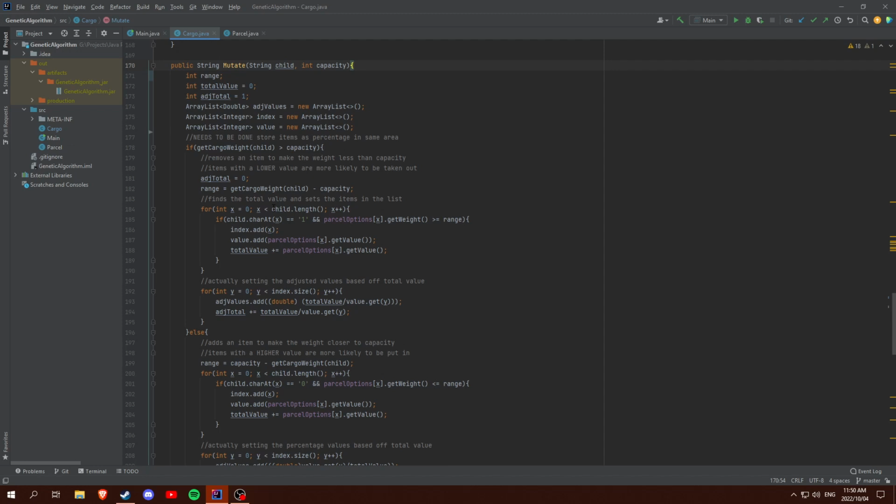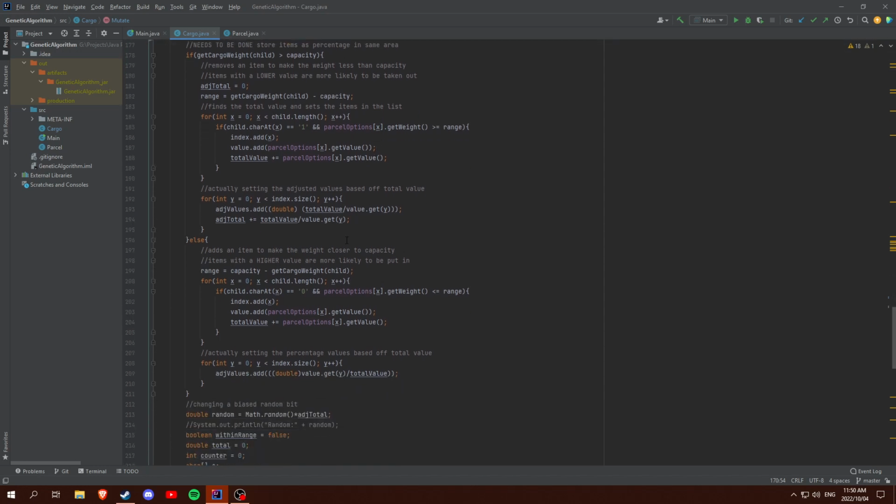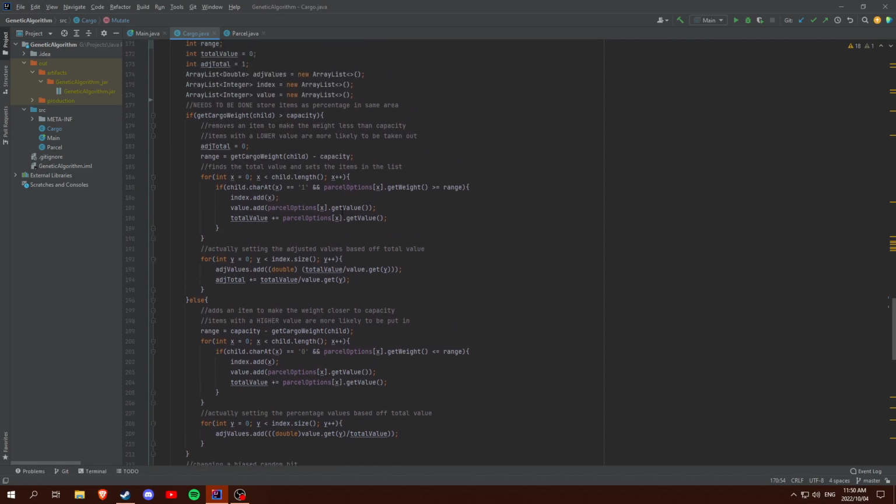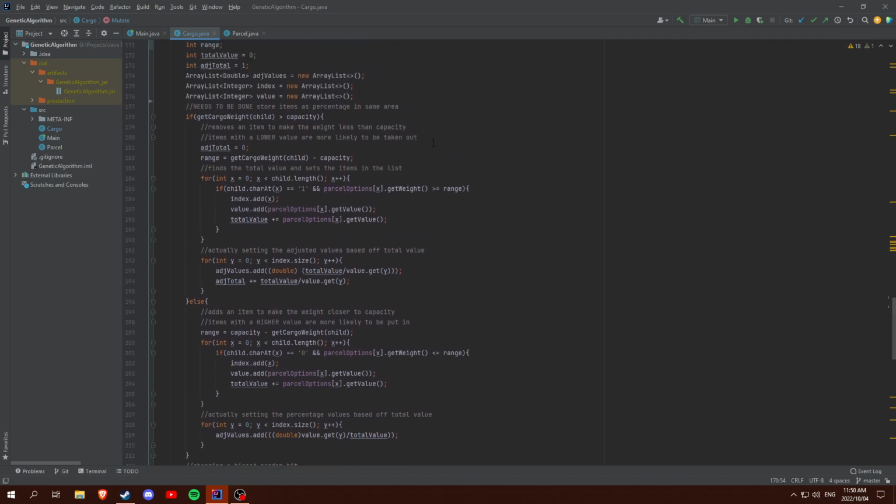So, the mutate method. When I was in university, we were told that genetic algorithms usually mutate randomly. Now, it is still important that the mutations are random. But what I've done here in the code is I've made it so that it mutates with purpose. It's almost like selective mutation to some degree. Everything will still be random, but it won't have an equal chance of everything happening. So, for instance,